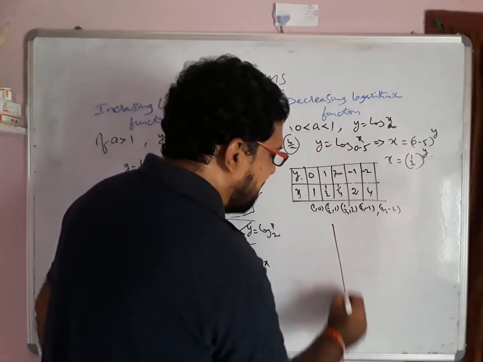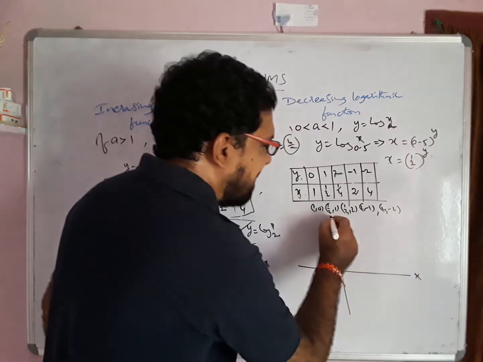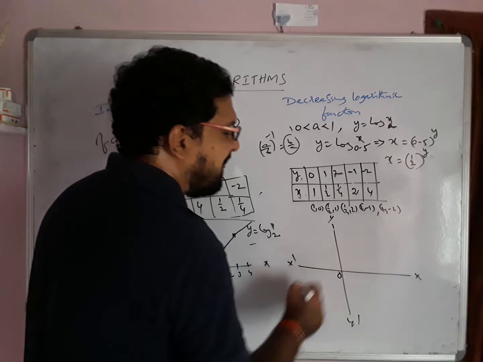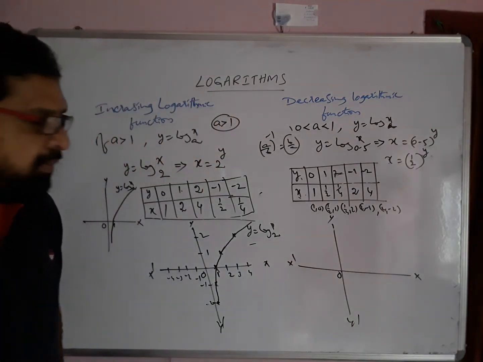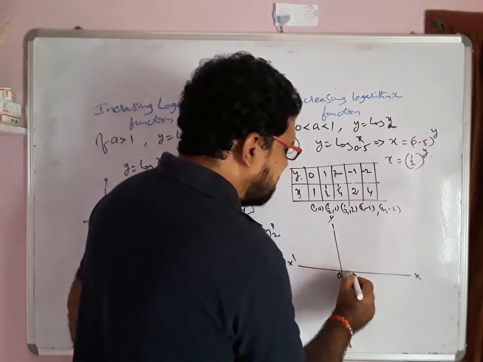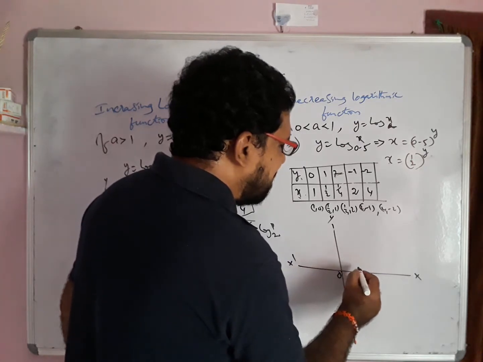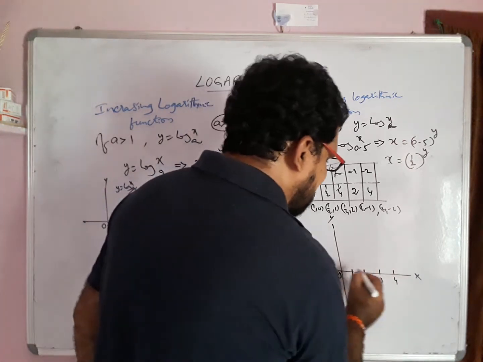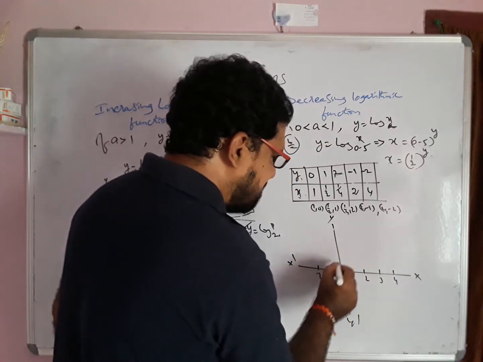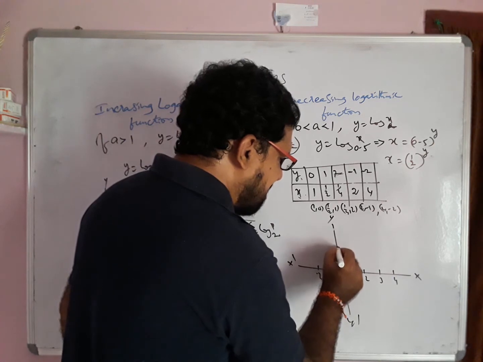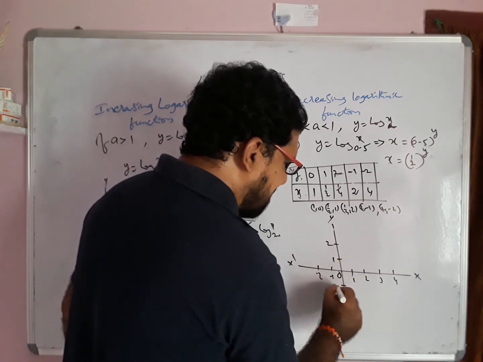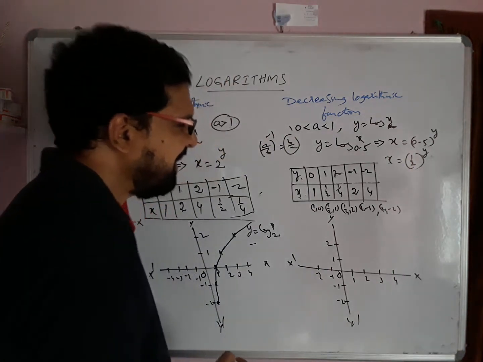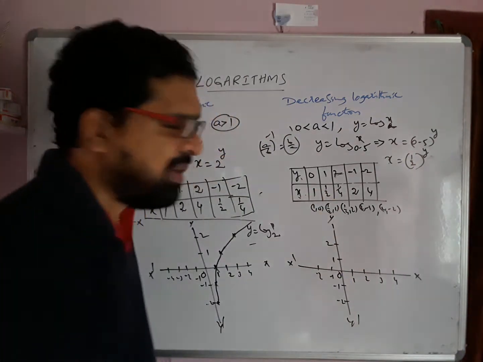Now, when you are going to plot on your graph, here the horizontal line is called the x-axis, and the vertical line is called the y-axis. Here x dash as well as y dash. This is the point of intersection of the two axes, the origin. Now, on the x-axis we are going to plot 1, 2, 3 as well as 4. Here also minus 1 and minus 2. This will be 1, this will be 2, this will be minus 1, this will be minus 2. Right. So here x coordinates are on the x-axis, y coordinates are on the y-axis.